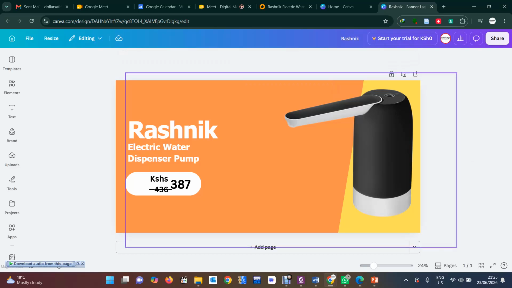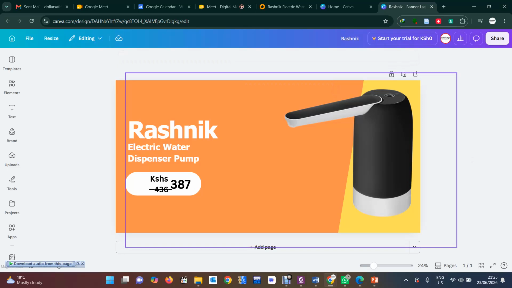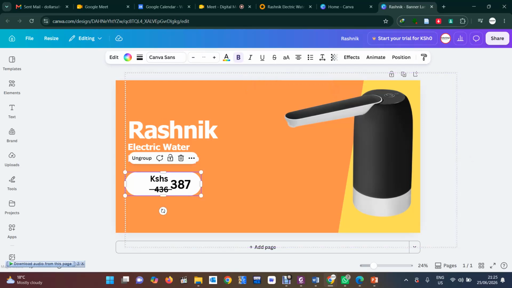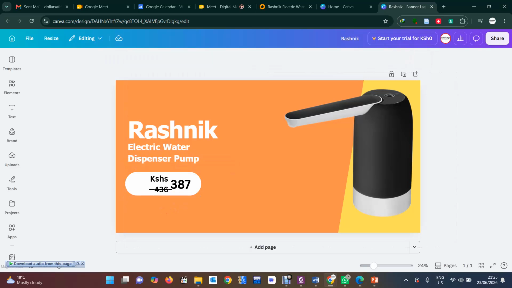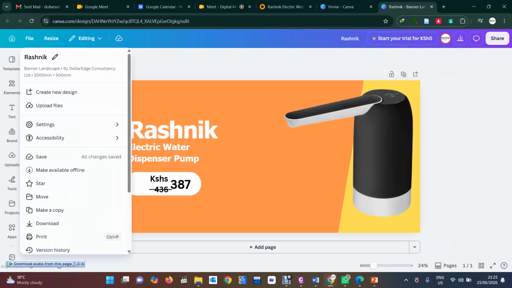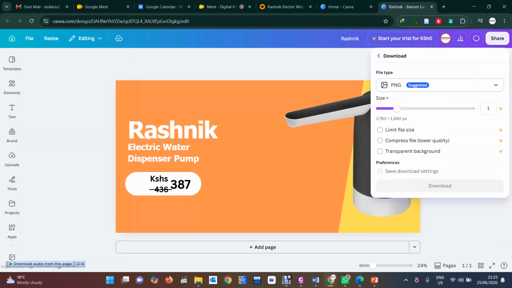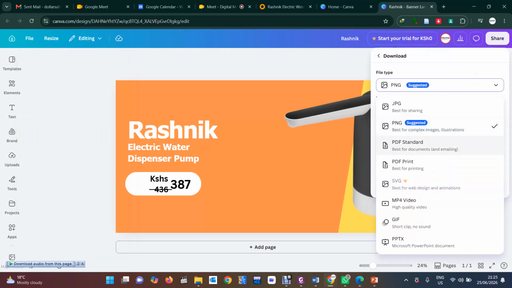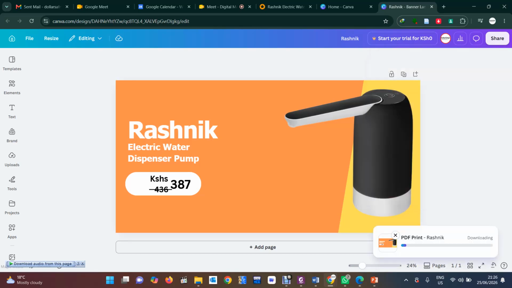So I can erect a billboard just having this and telling you what was the price before and what is the current price, and then be able to do what? To put it. Then I'll be able to come here to file and then be able to download it or even print it. So even if I want it to be in a PDF, I do it like that, and then I can download that.